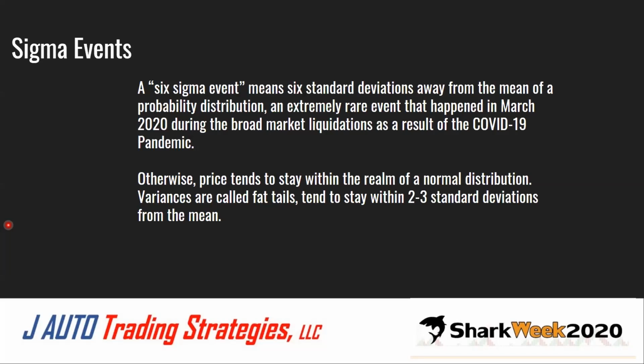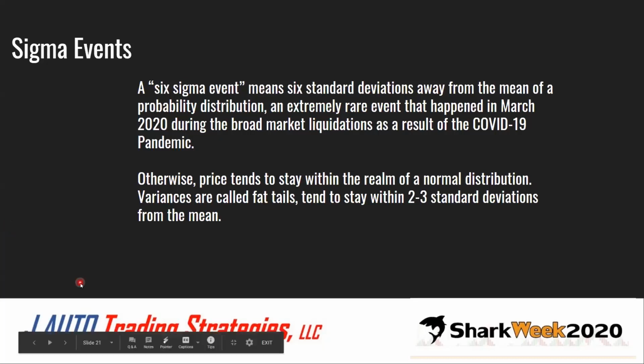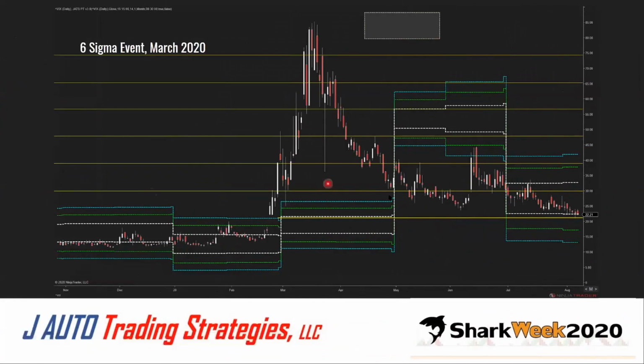That's what happened in March, and you can measure this just by using a ruler or the horizontal line indicator and put it on the chart. So I put my monthly distribution with the JATS PT daily with a monthly distribution, and I just measured the deviation, and you've got 1, 2, 3, 4, 5, 6. There's your 6 sigma right there outside of that area. And then it topped out.